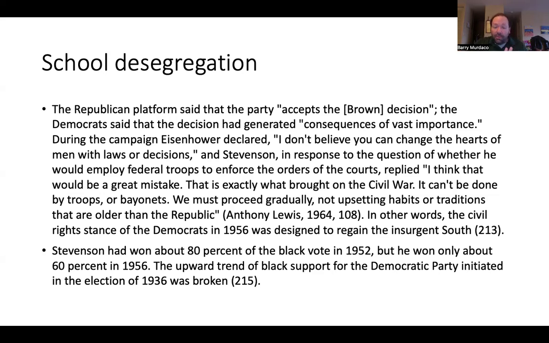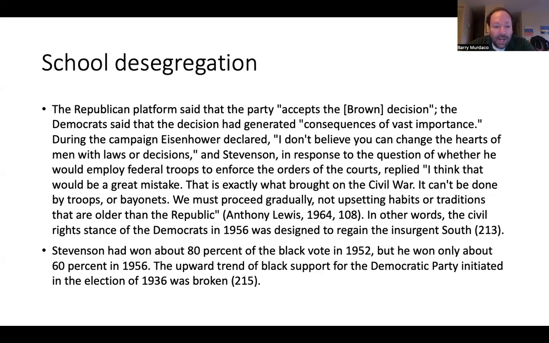Now, going even further back, after the Civil War, black voters supported the Republican Party for a long time. The Republican Party was the party of the North, the party of Lincoln and Grant, for example. It was only in the 1930s that black voters really started, for the first time, to support the Democratic Party in response to Roosevelt and the New Deal, obviously. But by this point in time, they're starting to realize, well, if the Democratic Party isn't going to support us, we're not going to support them, basically.